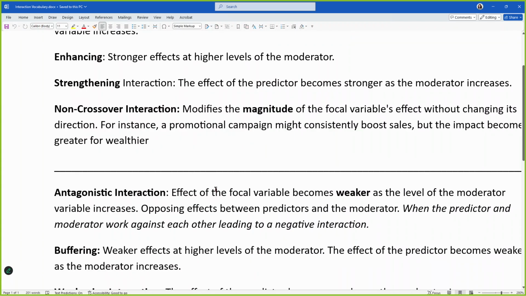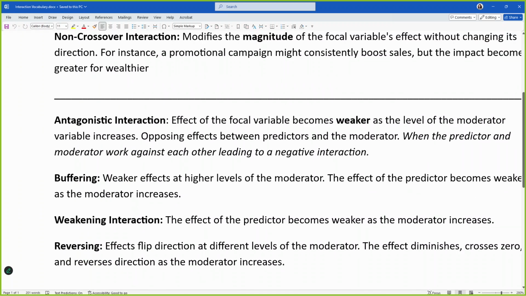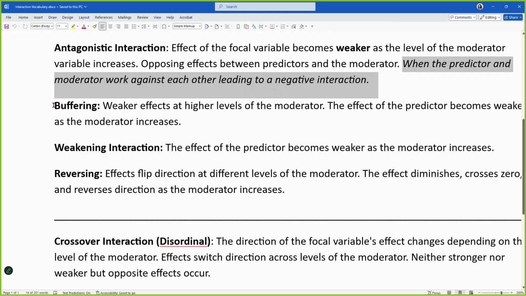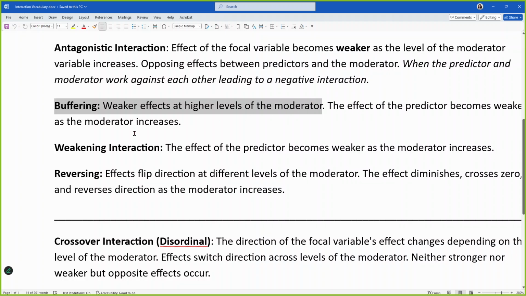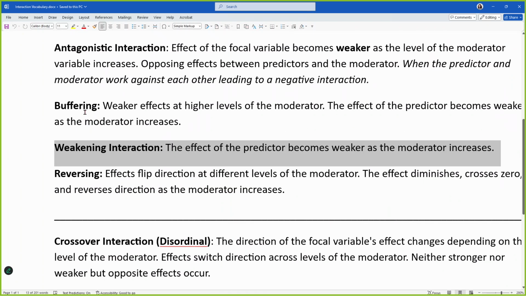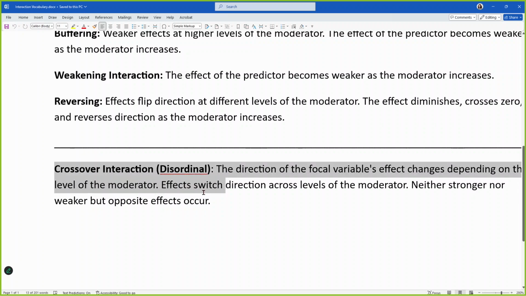Then we get into the other category, the weakening. An antagonistic interaction. That sounds mean, almost, like they're doing something to you. The effect of the focal variable becomes weaker as the moderator increases. Opposing effects. When they work against each other, that's your key. If the signs are opposite, you're in a weakening pattern. If the signs are the same, you're in a strengthening pattern. Buffering, weaker effects at higher levels of the moderator. Weakening, there's that. Reversing. And the only other one that I accepted as not a synonym is crossover, which is